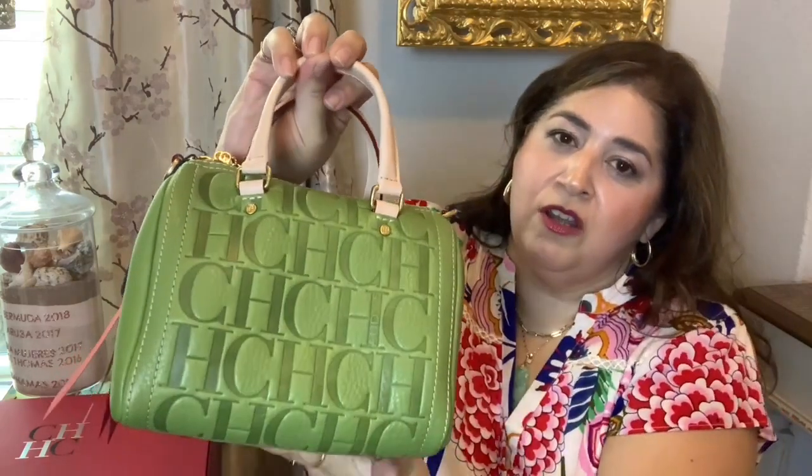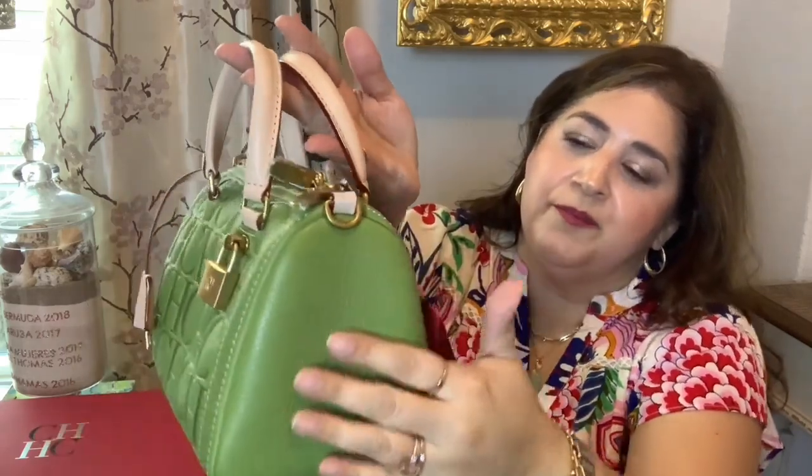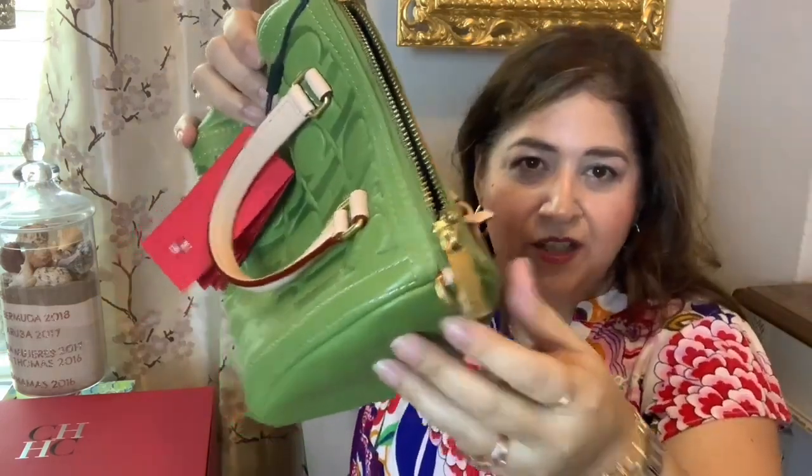You have the CH embossing all along the bottom on the sides, but you have the smooth grained leather, and you have little feet at the bottom, so you have the little CH here, and you also have the little grooves to where you can close it. You can actually lock this bag as well, just like you would a Louis Vuitton, like you would find on my Speedy. You have the CH on the pulls,